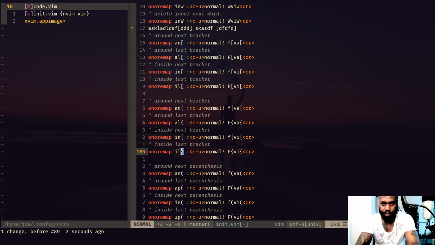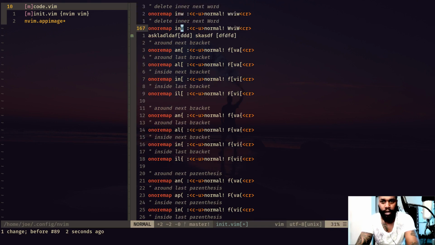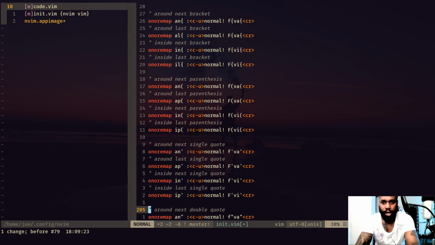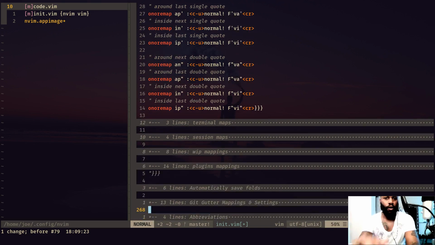And here you can do the same thing for this one, the other kind of bracket. I don't know what the symbol's called, but basically it works the same way as this one did. All right. And this one is the same thing just for the parentheses. And then this one is the same thing for the single quote. And then this one is the same thing for the double quote. All right. So basically all of those different things allow you to